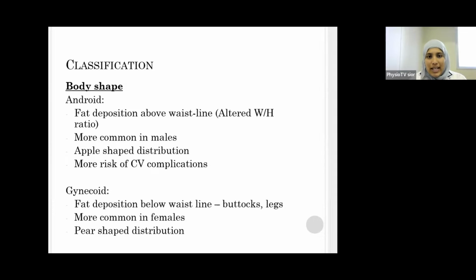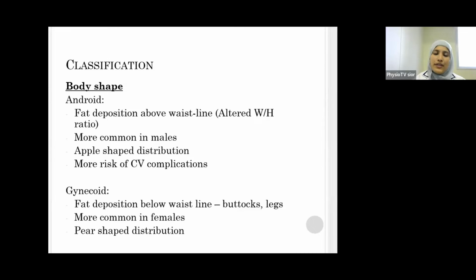Let's look into the classification. There are a few types of classifications in obesity. The first one is according to the body shape. The first is android and gynoid type. Android type, also known as apple-shaped obesity, is fat deposition above the waistline. Here you will see an altered waist-hip ratio. It is seen more commonly in males, and